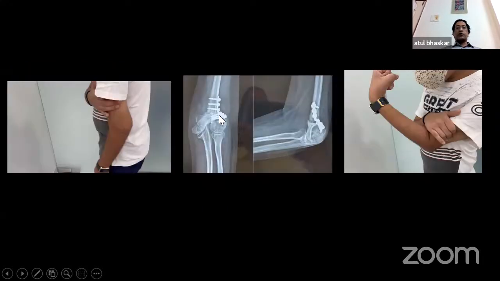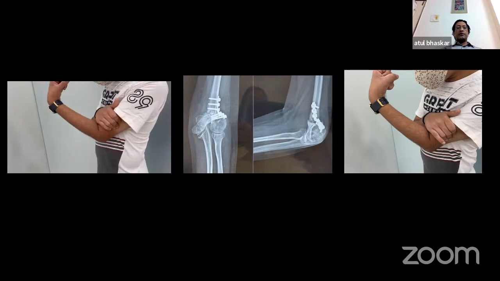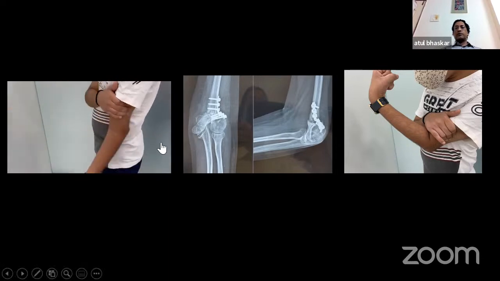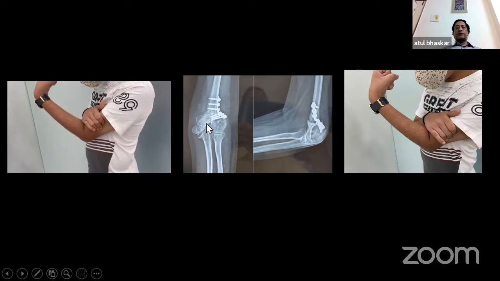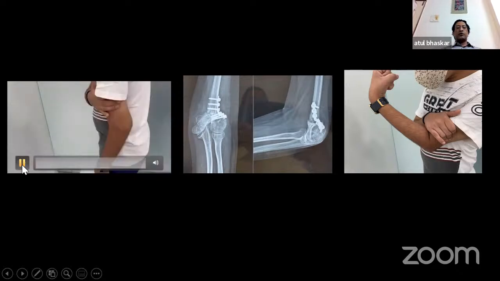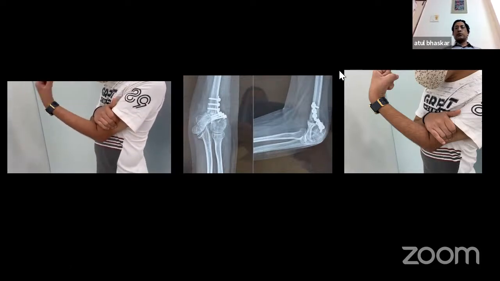And we did a corrective osteotomy, and this was the range. So he didn't have much range before, and this was his range. So he's now 6 months post-op, and now you can see that this olecranon has gone inside the fossa. So we have not promised him the full range, but he has got some functional range at the end of 6 months, and he's still undergoing physiotherapy, only active physiotherapy.